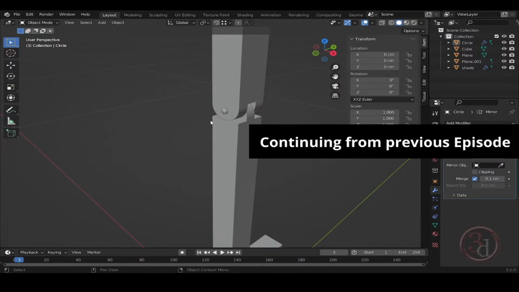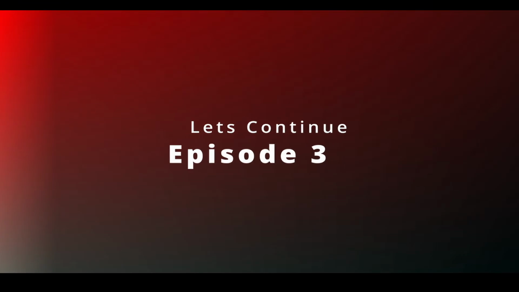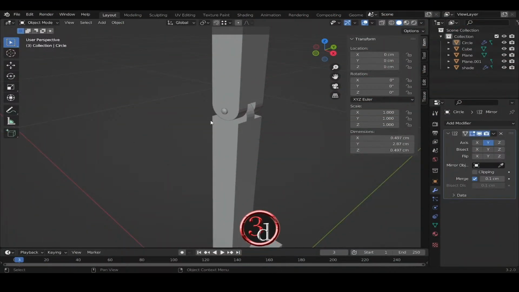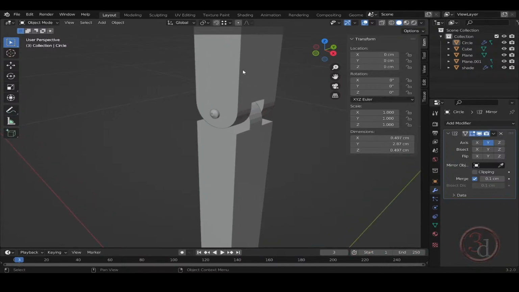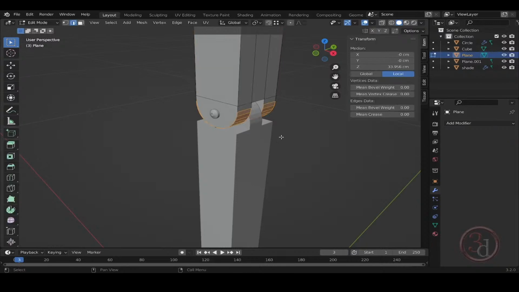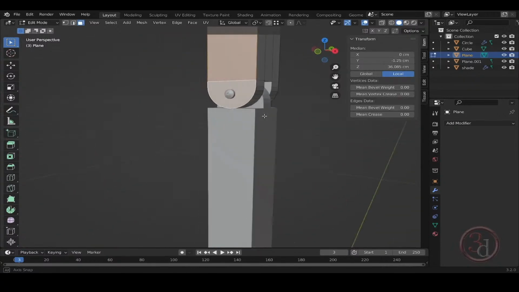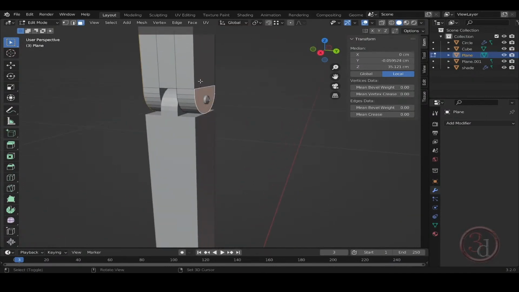Alright, so let's continue with this episode. Now what we can do is, before I continue, I would like to give a chamfer detail over here. So I can select this, press tab to edit, and I can alt click, let's see, or I can select the face, shift click, and I can do a shift click over here,